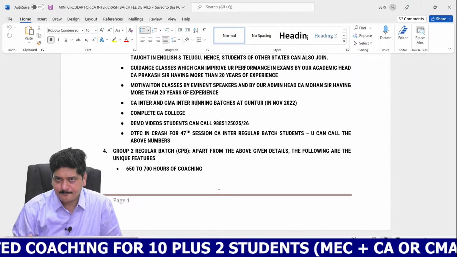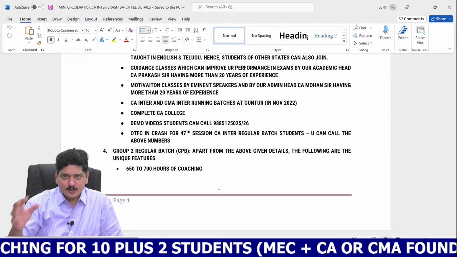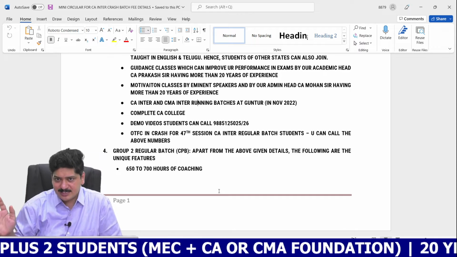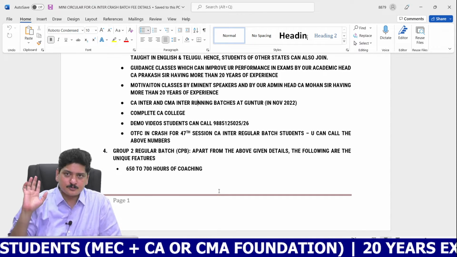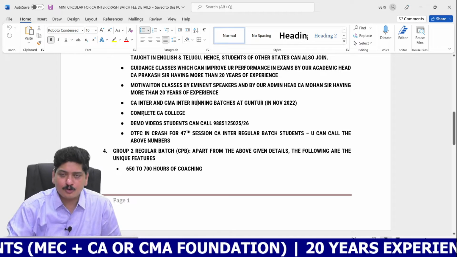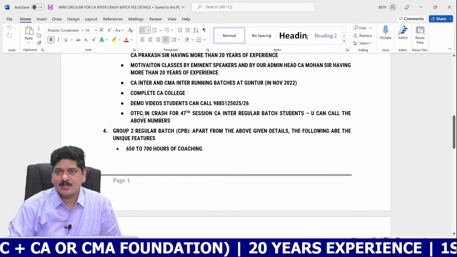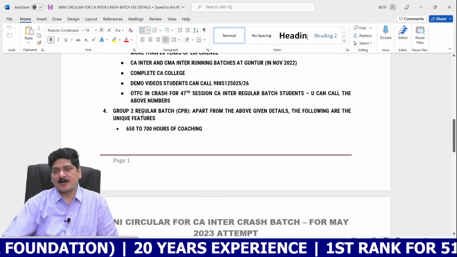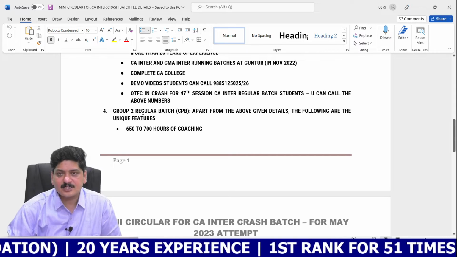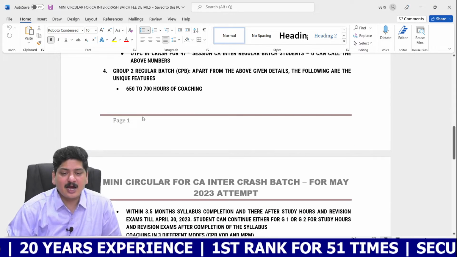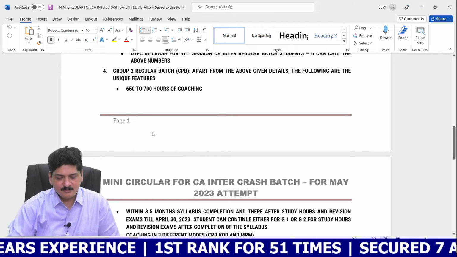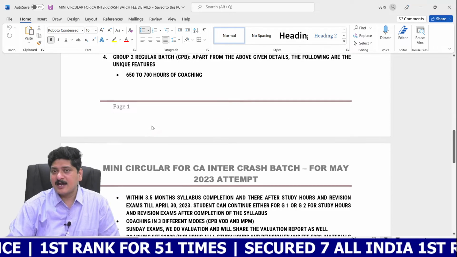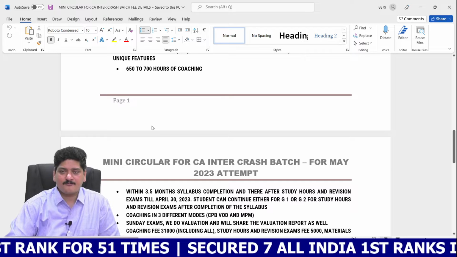Hardly we have 5 months of time, which is a little more than 5 months. So that's why we are able to complete the syllabus in regular format, where the coaching will be given in detail only for one group, and we are choosing group 2. So group 2 regular batch is available. And the classes of which will also commence on November 24, 2022 itself. And again, this batch is also for 5 months, which is a little more than 5 months. Our services will be up to April 30, 2023. And our coaching will be completed within 650 to 700 hours. It will take approximately 3 to 3.5 months for completion of the syllabus.